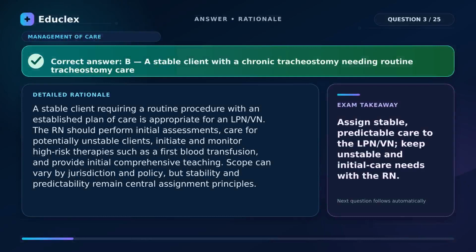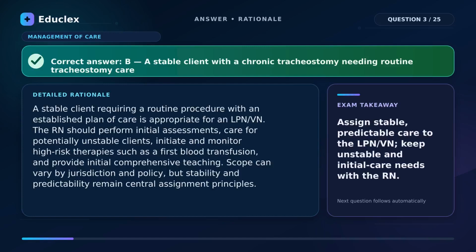The correct answer is B. A stable client with a chronic tracheostomy needing routine tracheostomy care. Here is the rationale. A stable client requiring a routine procedure with an established plan of care is appropriate for an LPN or VN. The RN should perform initial assessments, care for potentially unstable clients, initiate and monitor high-risk therapies